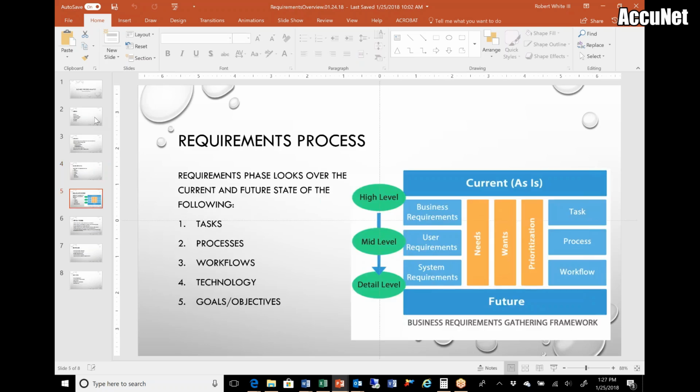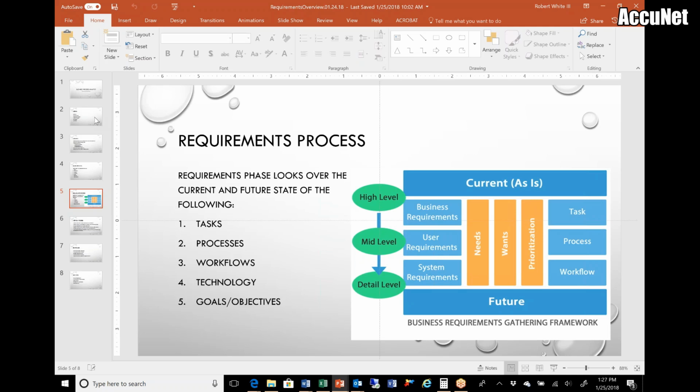Next slide is going over the requirements process. I have this nice little picture on the right showing a high-level overview of going through requirements. So the requirements phase looks over current state process initially,